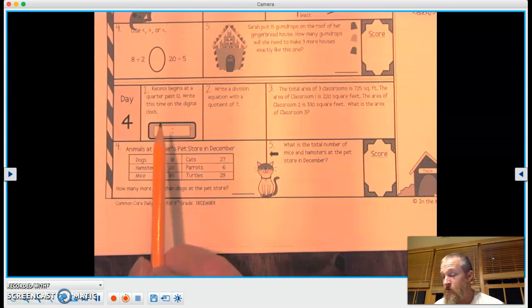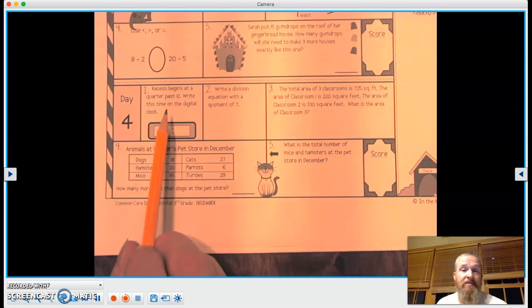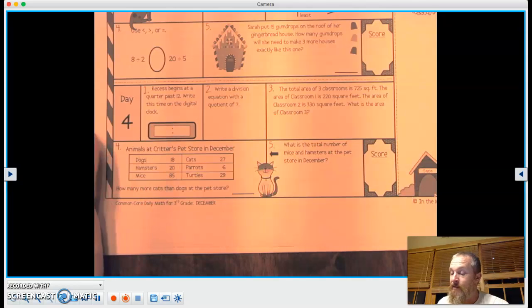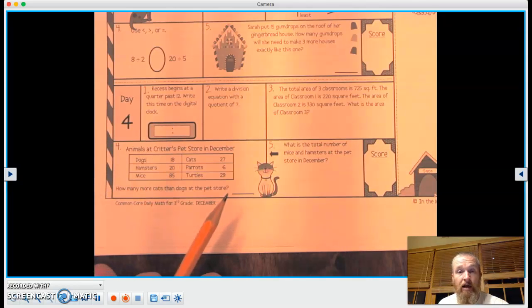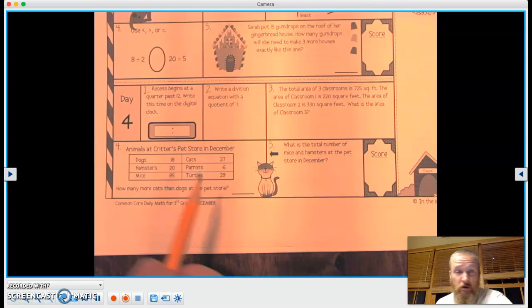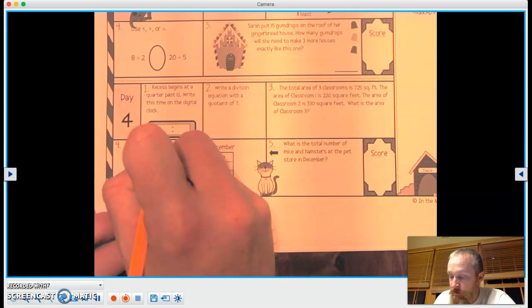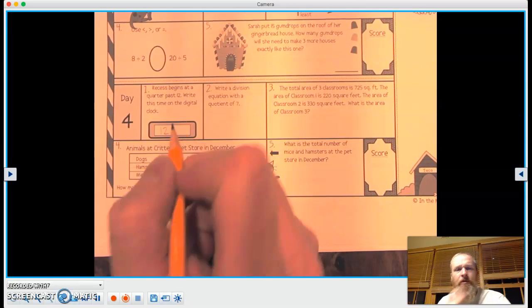Let's start with question number 1. Recess begins at 12:15. Write this time on the digital clock. So if it's 12:15, that means it's already 12. So it's 12 something. And what's